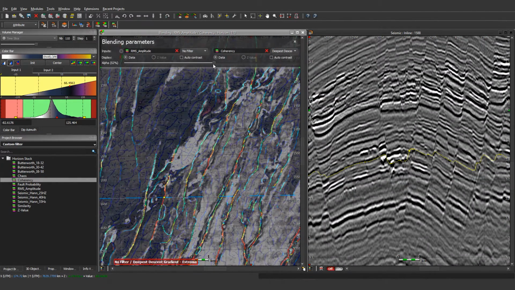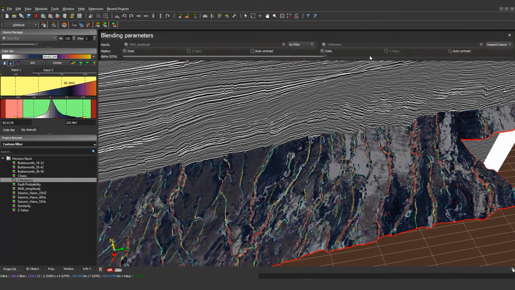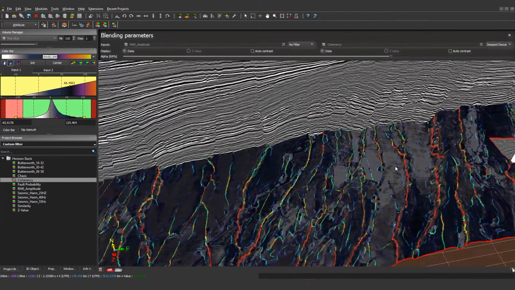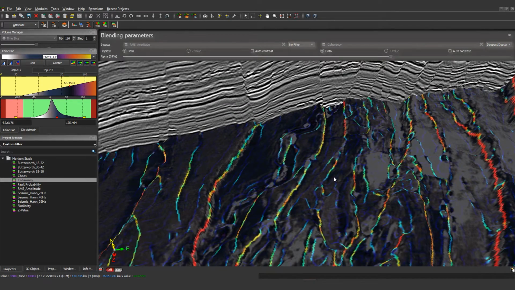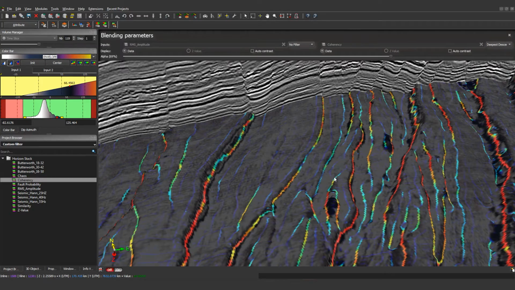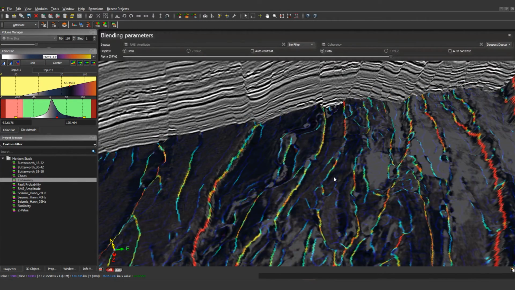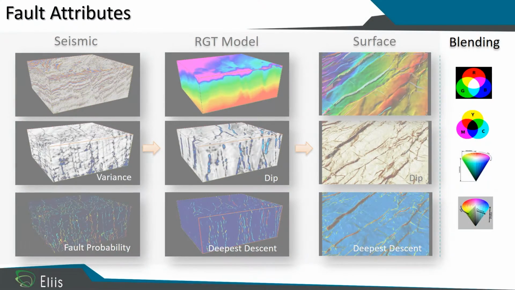Generally, this exercise can be done also in 3D. You just have to take the same surface, and then by co-blending, you can mix two types of data. Here we can visualize the RMS amplitude maps, and also the fault network enhanced by the deepest descent gradient. Moving upward and downward, you will be able to check the fault consistency on each surface.